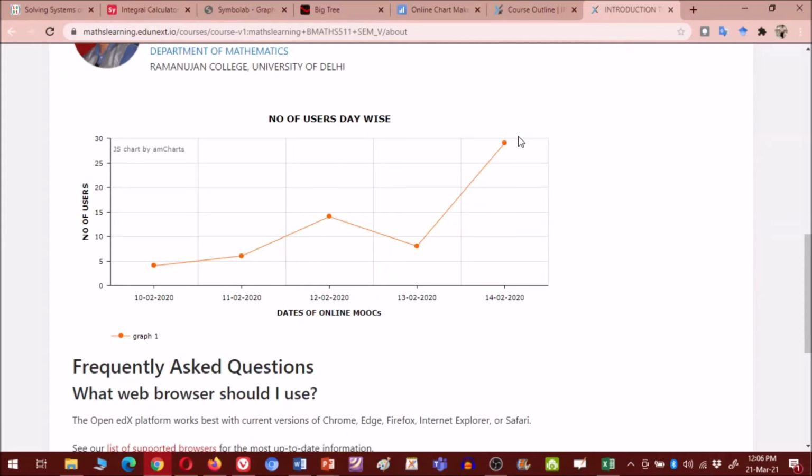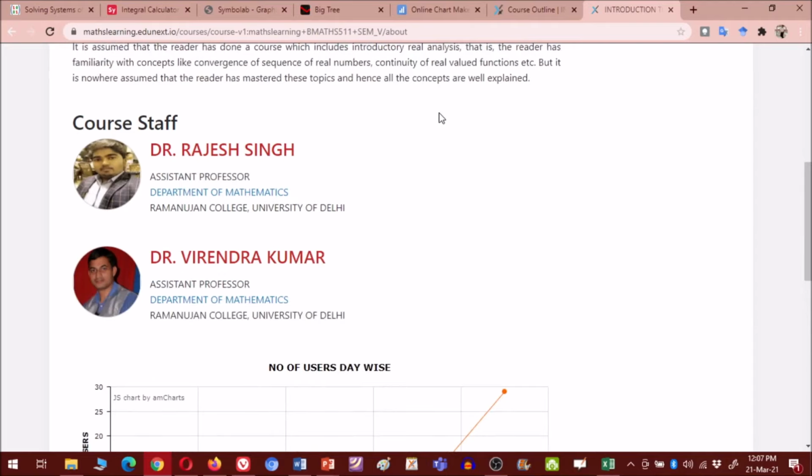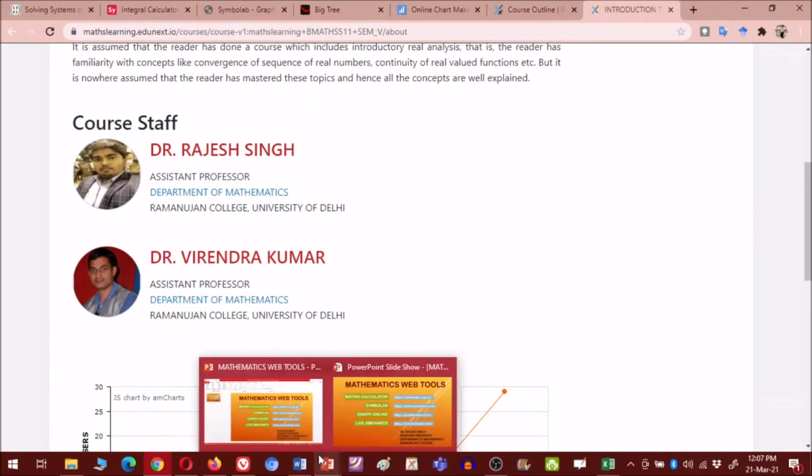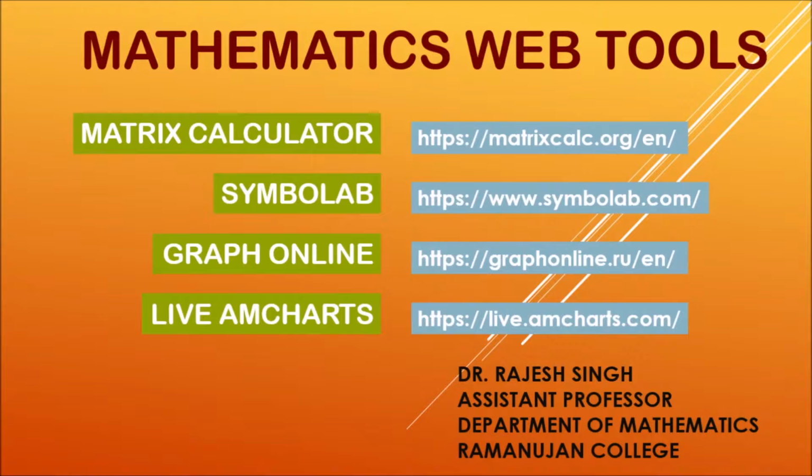If you are developing any website and you have some data that you want to present to your users, then simply you can use LiveAmCharts, and you can have your animated pie chart or animated bar graph, or a graph like this, an animated line graph, and you can present your data to your audience in a much better way. So these are all the mathematical tools that we wanted to discuss in this lecture. Thank you.